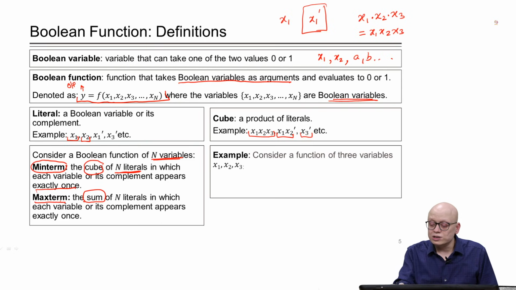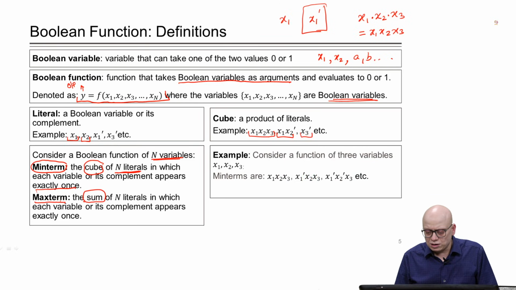So, consider a function of 3 variables x1, x2, x3. Then what could be the minterms? An example of a minterm is x1 x2 x3. Why is it a minterm? Because all 3 variables are appearing exactly once. Similarly, x1 dash x2 x3 is again a minterm, because x1 appears in complemented form, but it is appearing, and x2 and x3 are also appearing. Similarly, x1 dash x2 dash x3 is also a